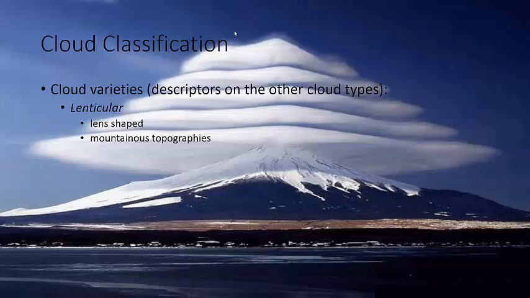Now these ones I have not seen in person, I've only seen pictures of. And I believe this is Mount Fuji that I'm looking at here. But these are called lenticular clouds because they're lens shaped. They don't necessarily come in 1, 2, 3, 4, 5 of these. Sometimes they just come in one. And so you can kind of see why people are like, it's a UFO. It's like, no, it's just a cloud. If you just Google lenticular clouds, you can find some that are just one lens on top of the mountain and totally see how people are like, it's a UFO.